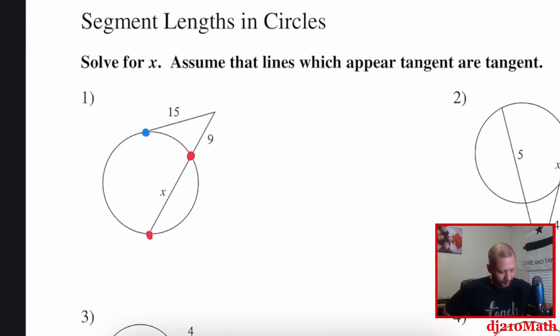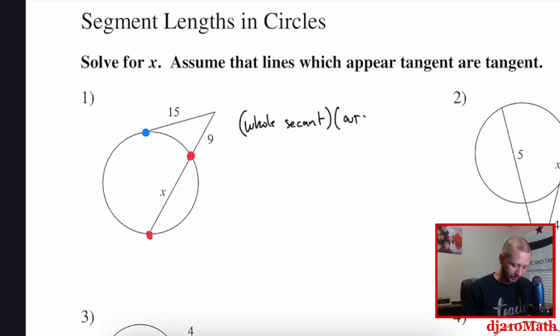The idea is that we take the length of the whole secant and we multiply it by the outside part of the secant, this section right here, and that's equal to the tangent part